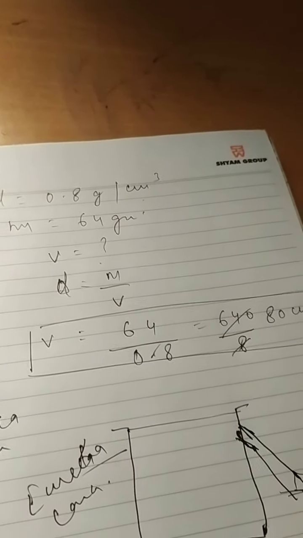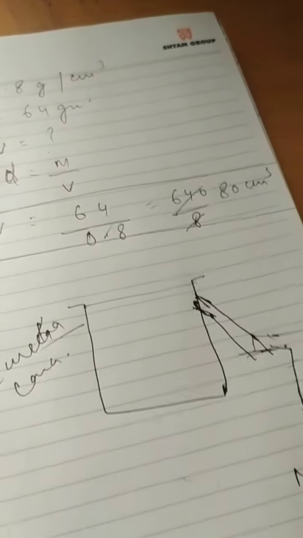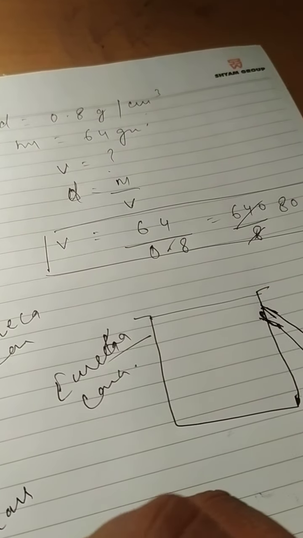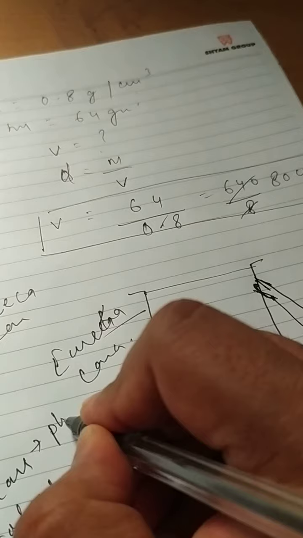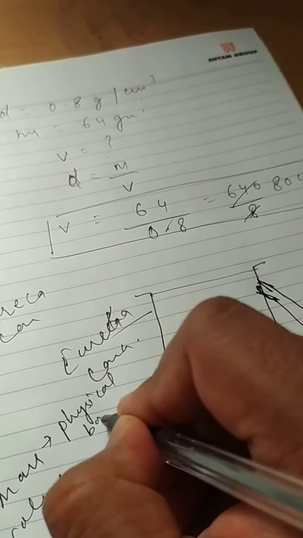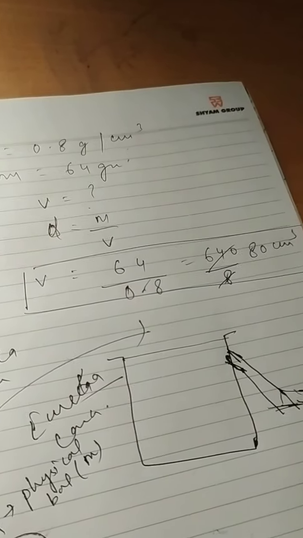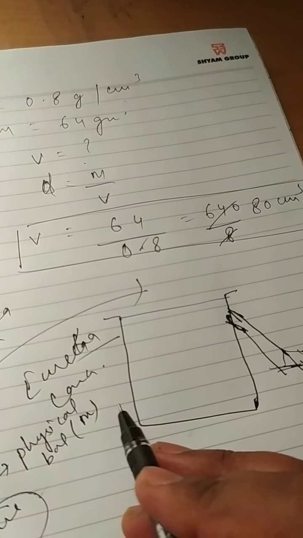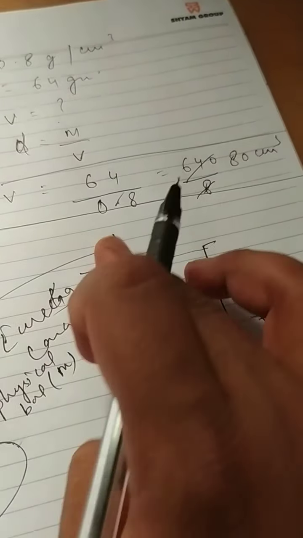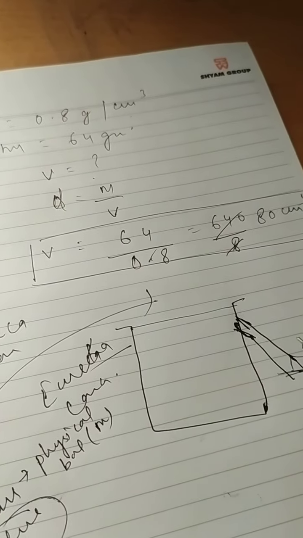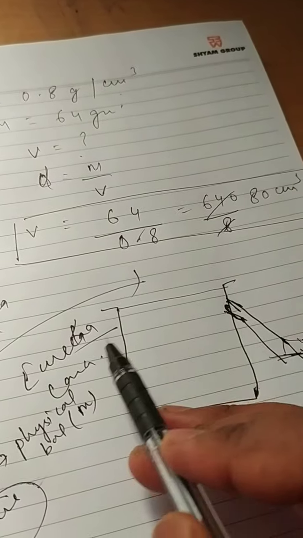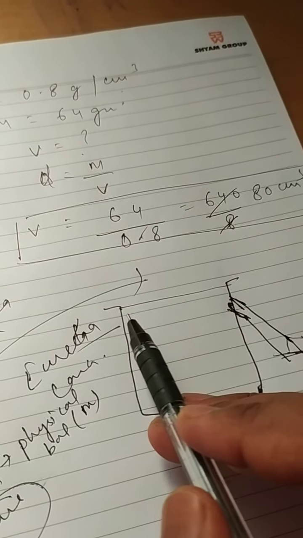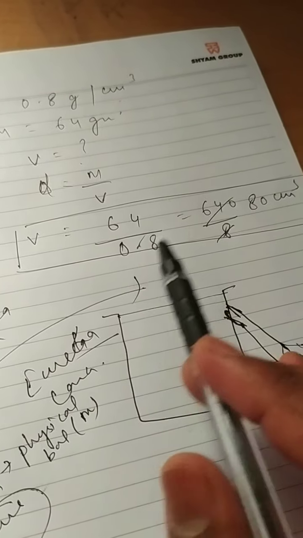Now, what we will do to find out the density of the irregular solid, first of all we will find the mass and volume. Mass we will find out with the help of a physical balance. Let the mass be m, and volume we will find with the help of this Eureka can. Now, we will fill this Eureka can with water till the water starts to flow out of this spout. Okay. Now, let the mass be m1 and earlier the mass was m.